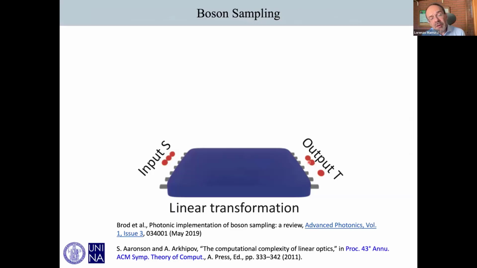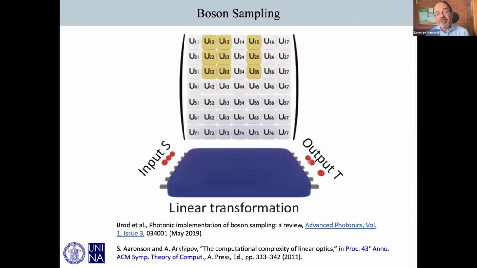What you can prove, and what was used for proving with this kind of approach, is a specific kind of computation, which is so-called boson sampling. In boson sampling, essentially, you have this large matrix connecting the input and the output, and then you measure. You use these experiments by sending in a certain number of photons and detecting the frequency by which they appear on the output modes. And then using that measurement, you can estimate the so-called permanent of the matrix, which is